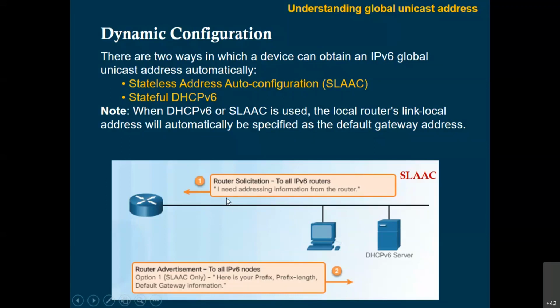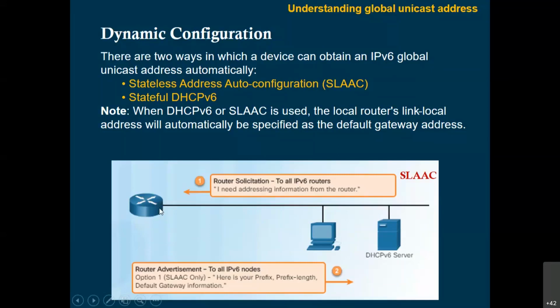You want an address, the DHCP server sends it, but here the router sends you. And there are 3 options, but the first option here is SLAAC only. So if you're running SLAAC, what the router will send the host is, this is your prefix, this is your prefix length, /whatever, and also your default gateway information, which is my link local address, the